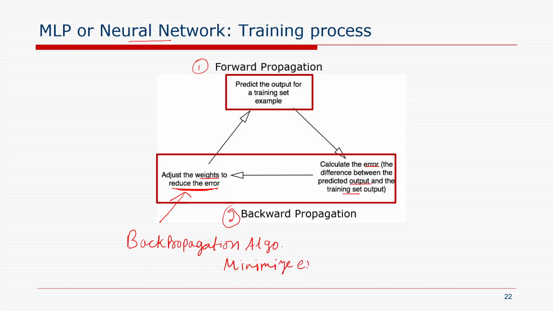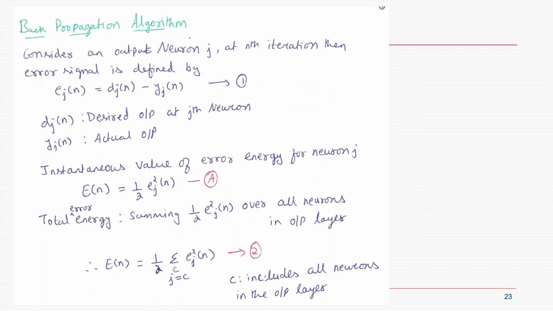That is, minimize the error so that the updated weights are going to be used next, so that we will pass through this forward propagation and back propagation. That is, this loop will continue until we get the weights which reduce the errors. Now, starting with the back propagation algorithm, let us consider an output neuron j, that is the neuron j